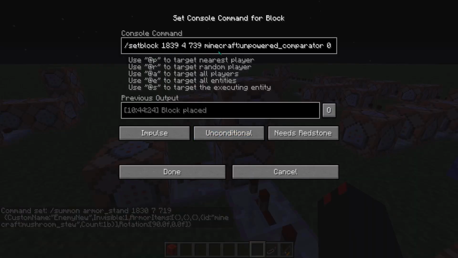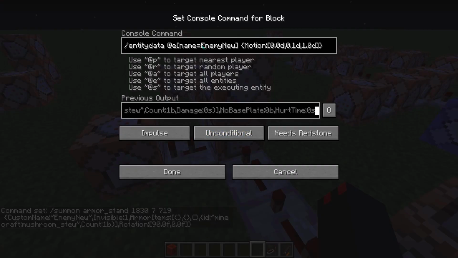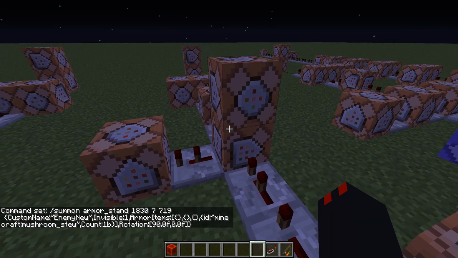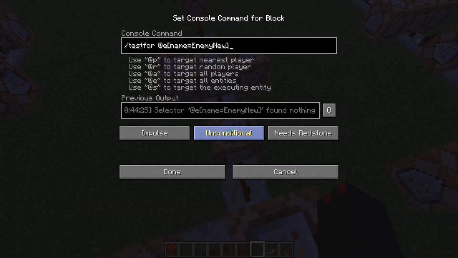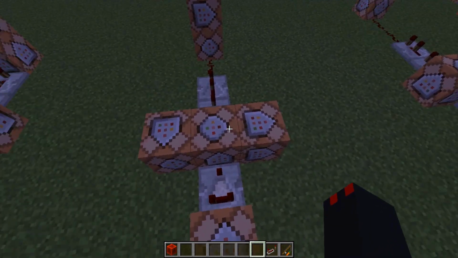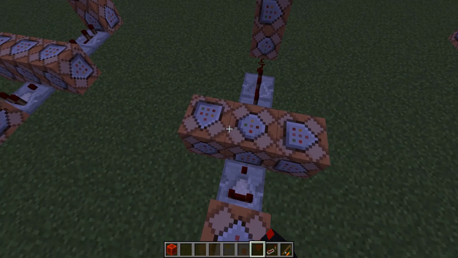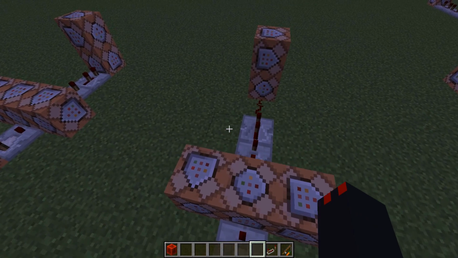And then there's going to be a set block of an unpowered comparator right off the bat, because right when this thing moves is your cue to hit it. And then 2 ticks later, your chance is going to be over. And then test for enemy new, it's the same exact thing, where it says ouch, and then it resets the redstone block down there, and success count,